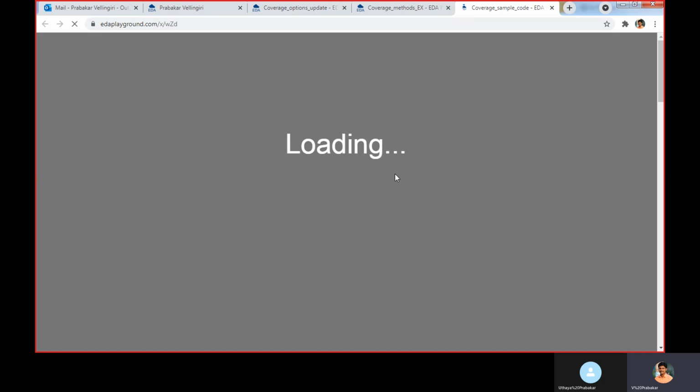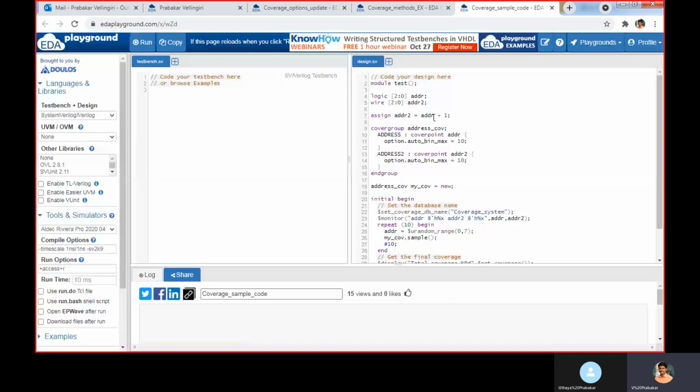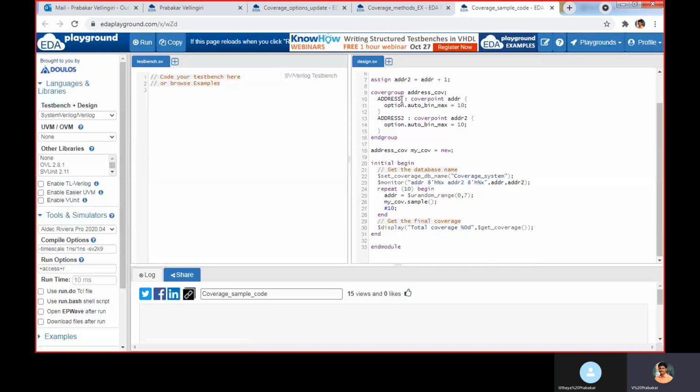The same example. The address2 increments by 1. Covergroup: we have two coverpoints, one for address and one for address2. Our covergroup we instantiated as mycov. We are creating new within this initial begin, using this system task, so the coverage database will be stored in this file.